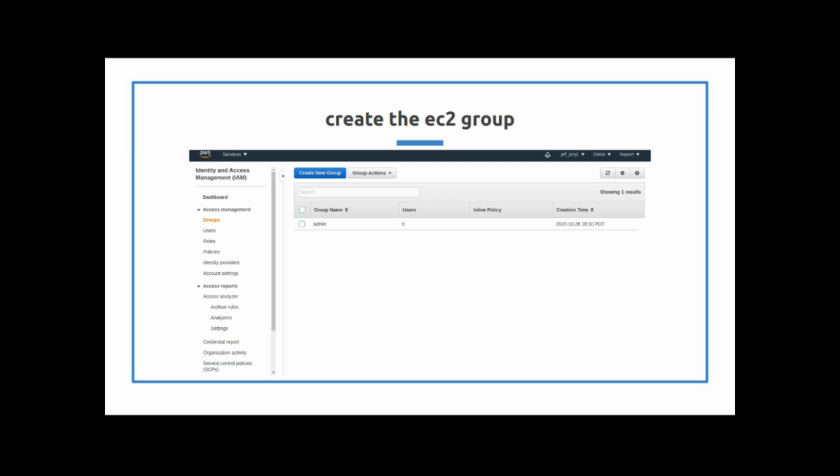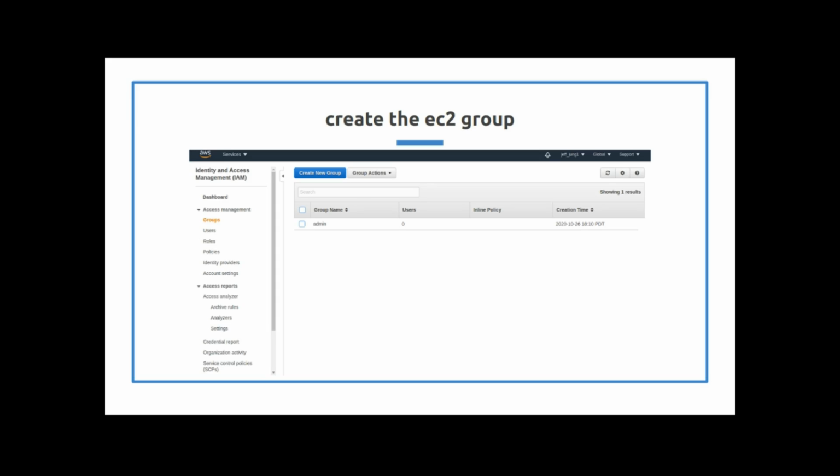So there's creating the admin group. It's pretty straightforward. The only thing I didn't show in the slide was going to the IAM service. That's just like any other service. You click on Services in the top left-hand corner, and it's going to pop up all the Amazon services, and you scroll until you see IAM, and you click on IAM. From there, you can get into your groups. So again, click on Services, you can see it in the top left, then click on IAM, and then click Groups.